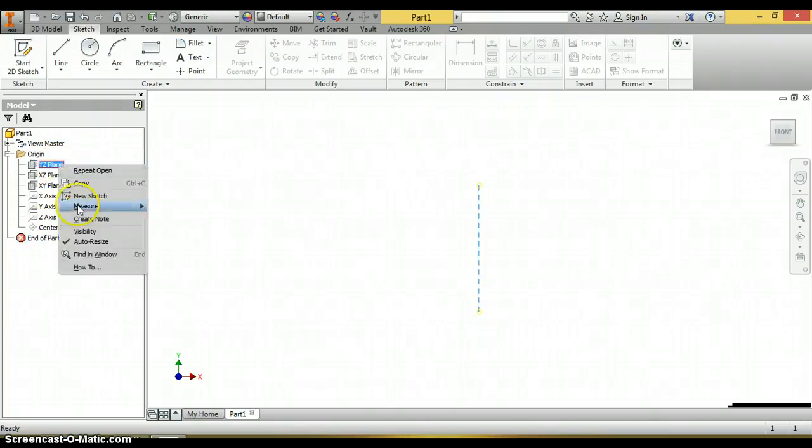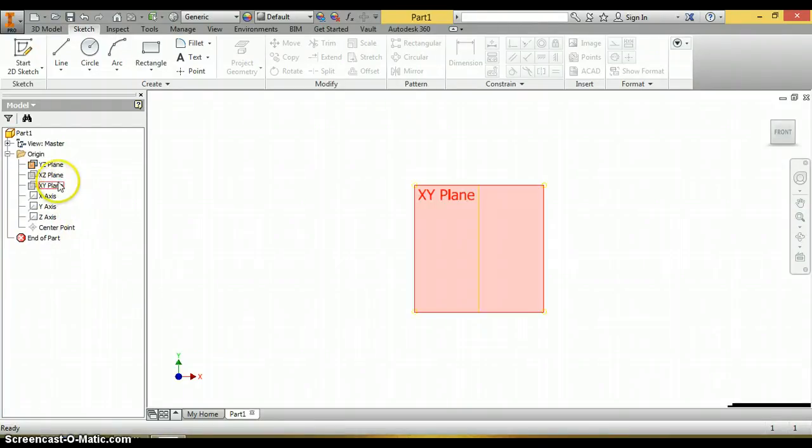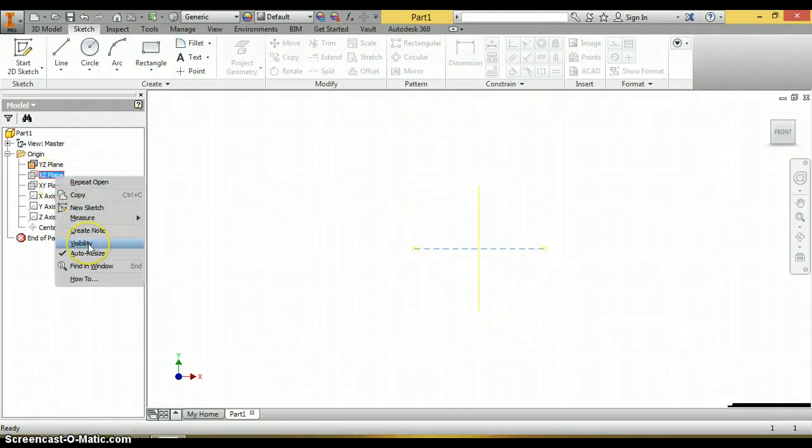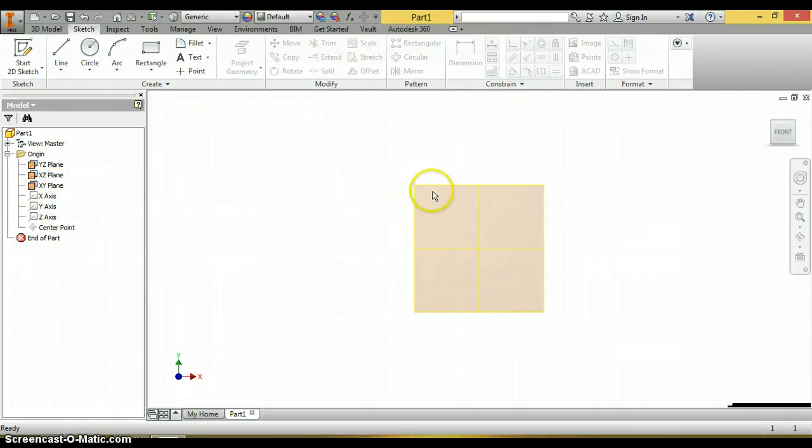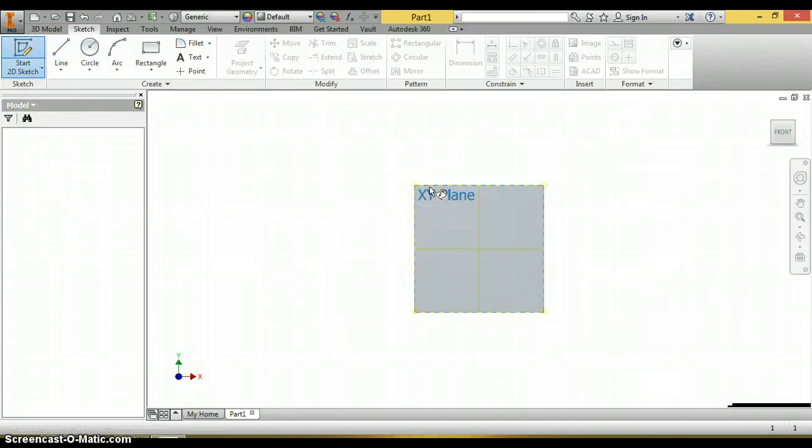Just go on YZ plane, click visibility, click on XZ plane, click visibility, click on XY plane, click on visibility. By default we will select XY plane for the sketch. So you go on the sketch, start 2D sketch, select XY plane.